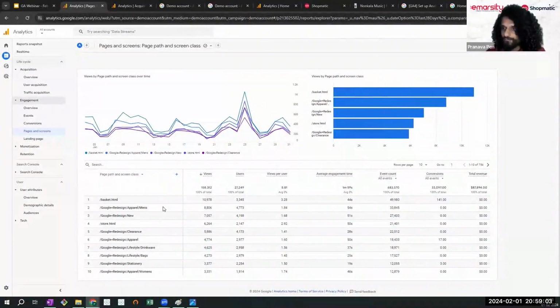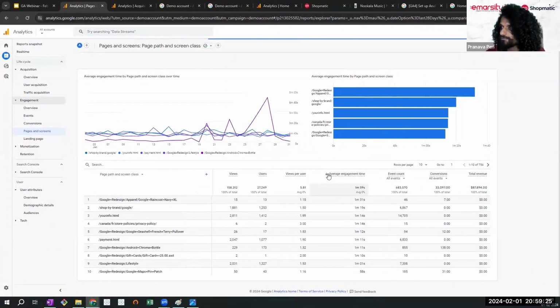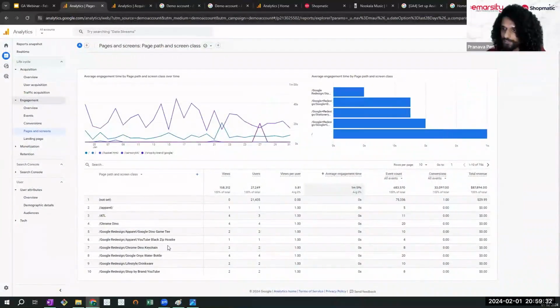So that's how we can change the date. And then the best metrics to look at here would be the average engagement time. So we can look at the best average engagement time, which will show us what is a good page. And we can also look at the worst average engagement time pages, that would be less than 1 second, because sometimes it also helps us find the non-working pages, where pages can lead into errors and all